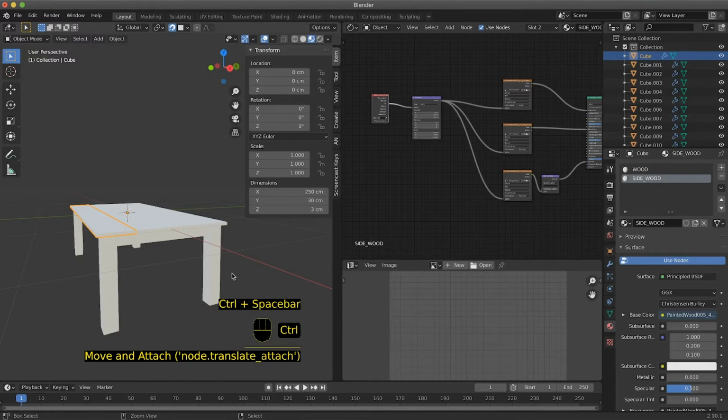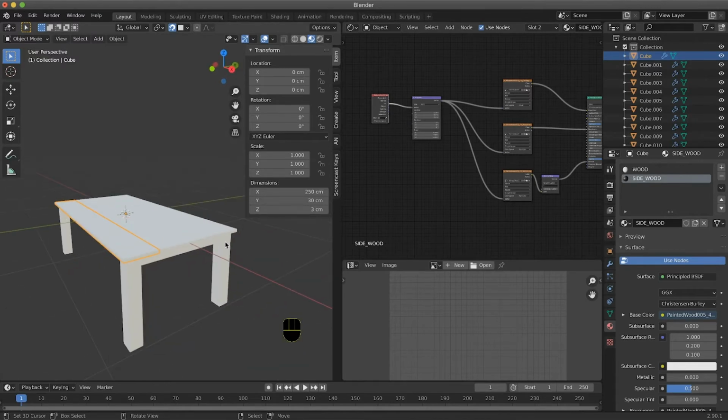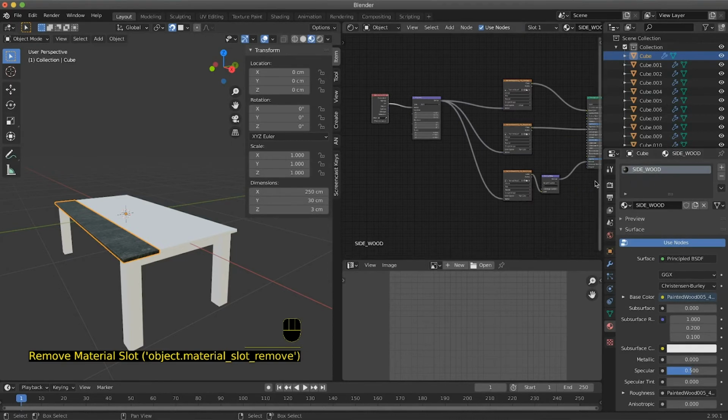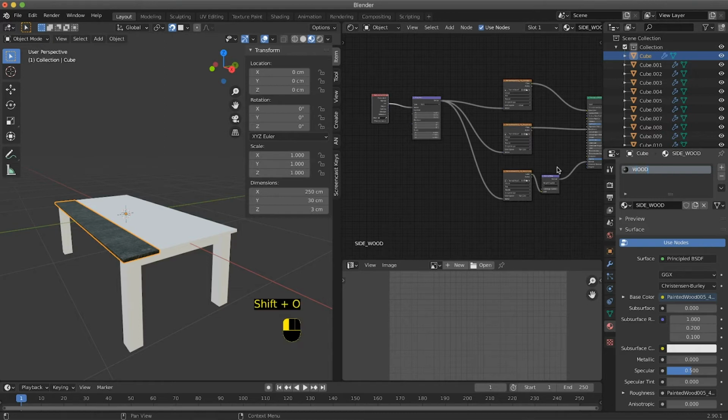We go back to our table and I actually inverted the textures. So I can delete these and I can rename this wood and the other wood.